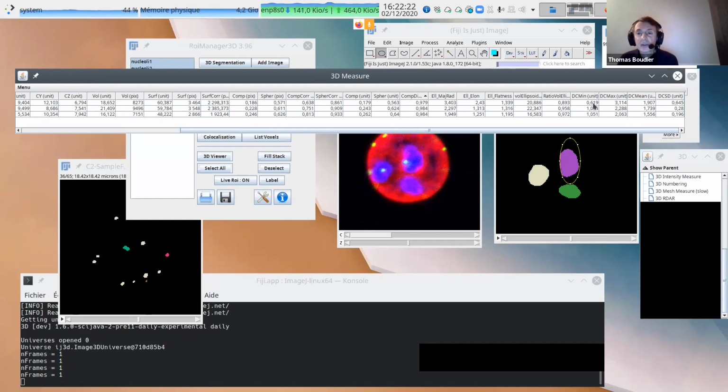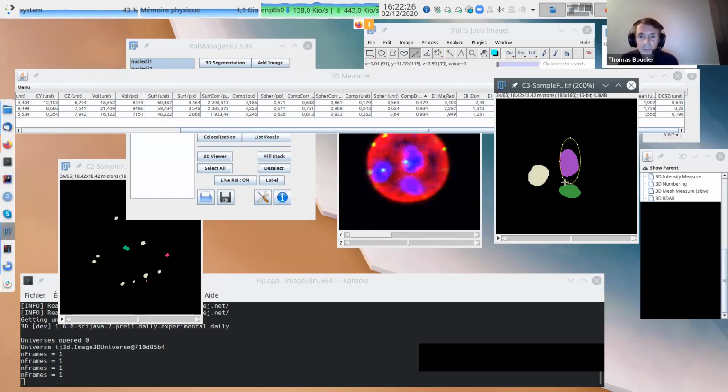DC is more something like this. We have a center of the object, and we have a lot of distances between the center and the border. I just draw some for fun in 3D. I have many distances from the center of the object to the contour of the object.